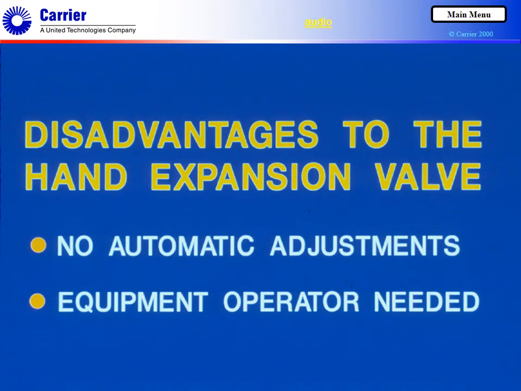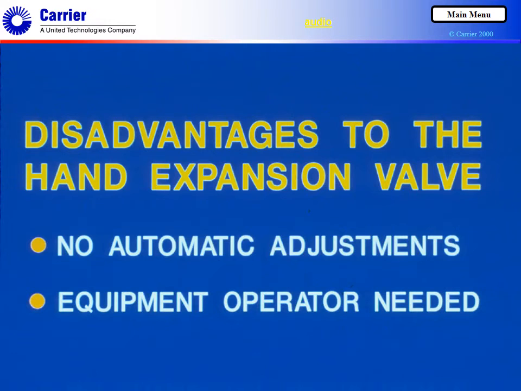The obvious disadvantage to the hand expansion valve is that it makes no automatic adjustments to match changes in the system cooling load. It must be opened or closed manually with each change in system load. An equipment operator has to be on hand at each change in system load. When automatic control is desired, or when the system load changes frequently, a different type of metering device is recommended. For these reasons, the hand expansion valve is seldom, if ever, used today. However, it was used in the past on large commercial or industrial jobs that had relatively stable loads and an